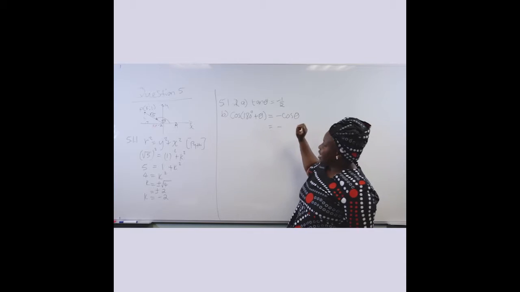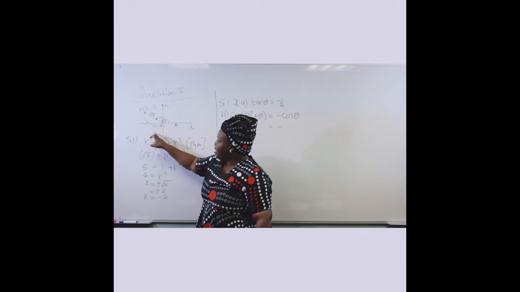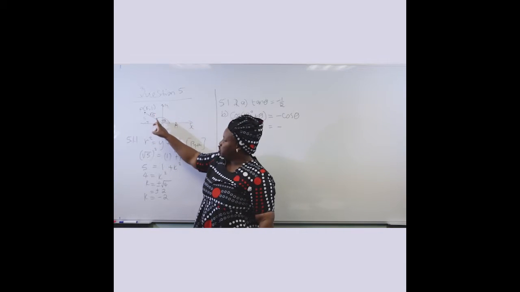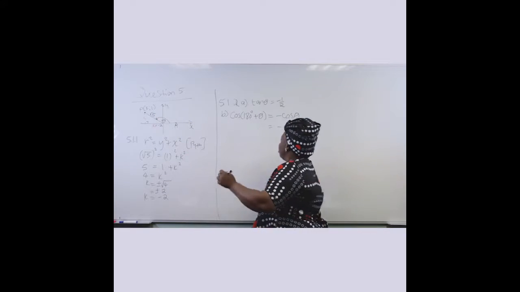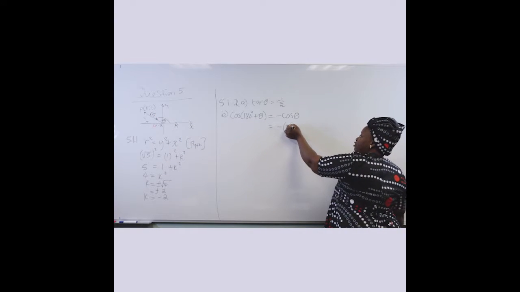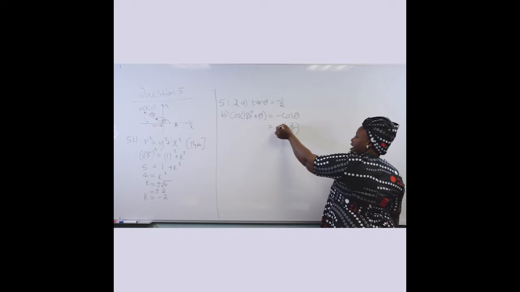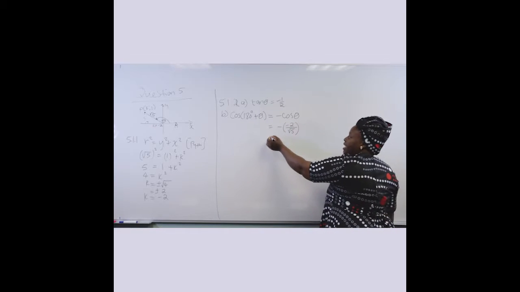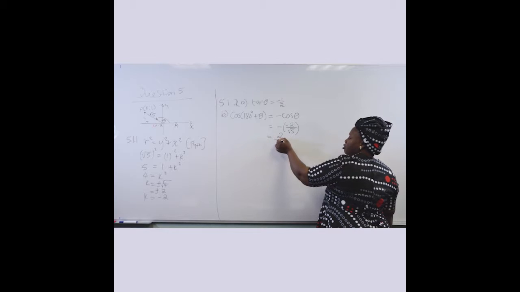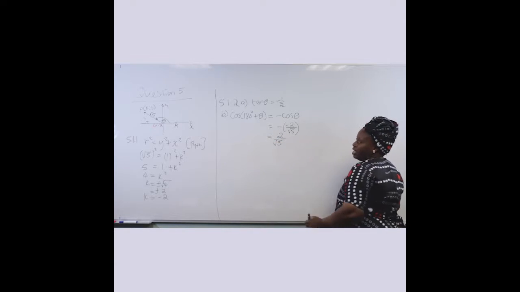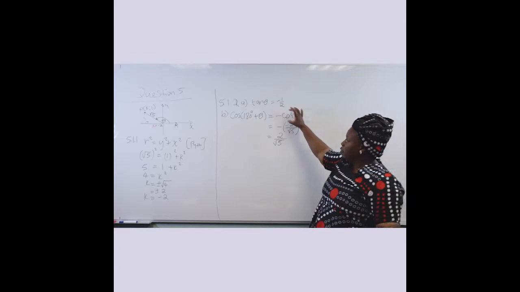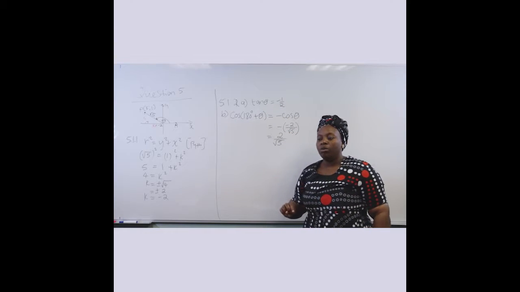Now cos theta there will be adjacent over hypotenuse, which is x over r. So it's going to be a -2 divided by the square root of 5. There's a negative outside the bracket. Multiplying them will give us a positive, so that is 2 divided by the square root of 5. There's 2 marks. 1 mark will be for the simplification, and the other mark will be for the location of